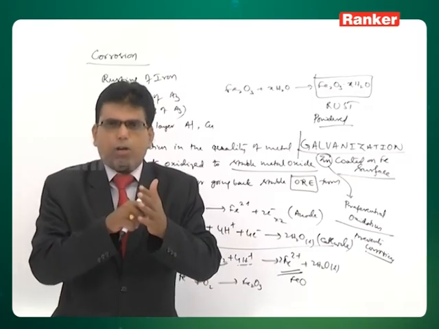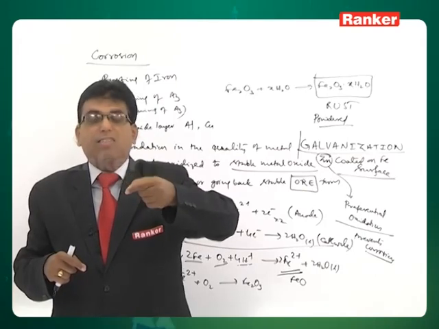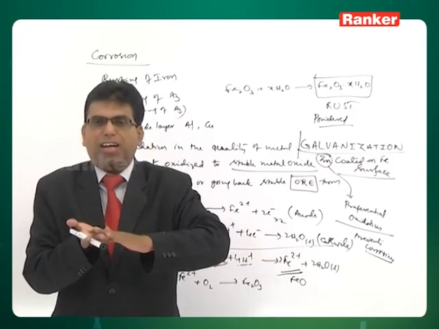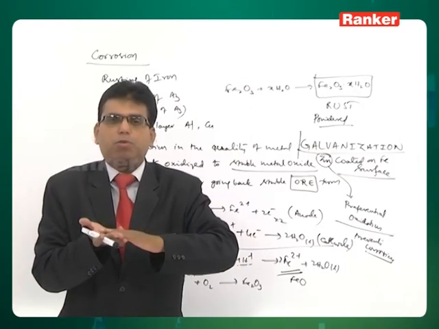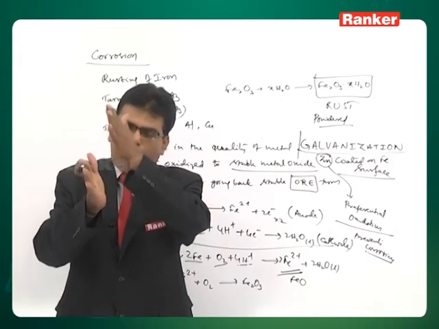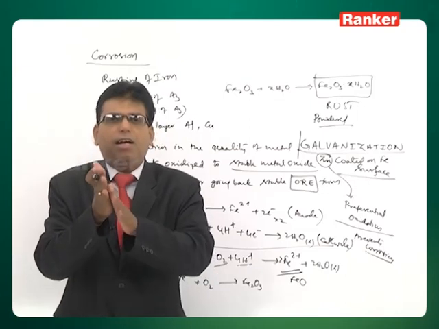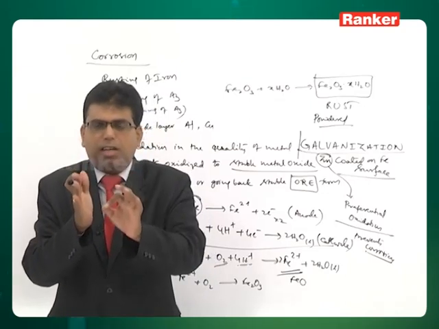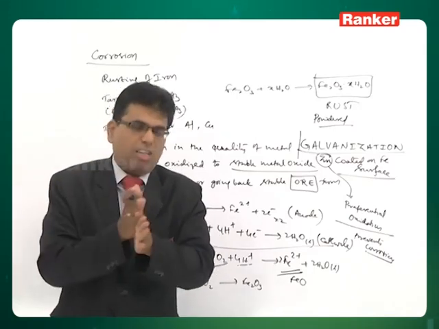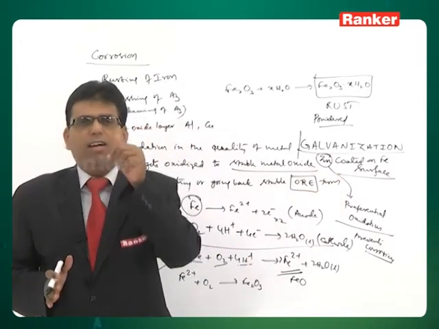So, to prevent corrosion, not only these methods, but the preventive measure we have to take is, as far as possible, to keep the surface of iron as plain and smooth as possible, so that even if it comes in contact with water, water cannot stay and it flows off, and we can reduce the chances of getting corrosion. One cannot fully prevent it, but one can reduce the chances. But if any of these methods are followed, we can even prevent the rusting.